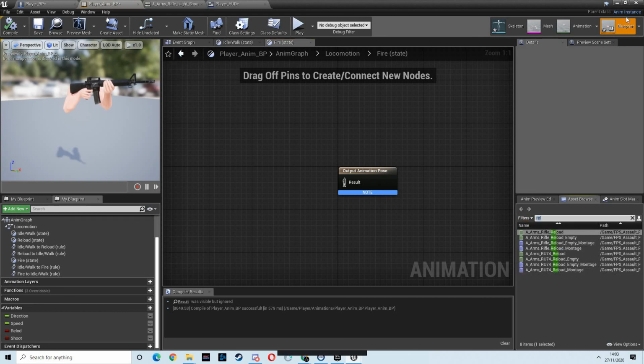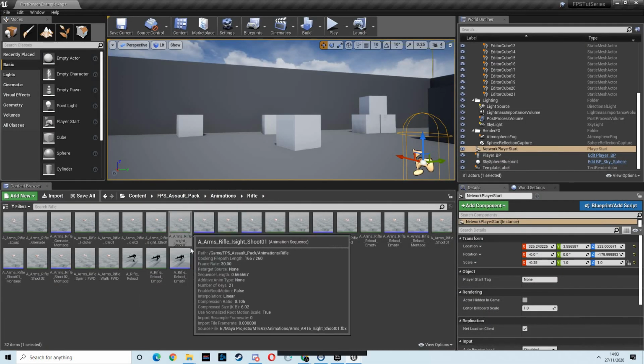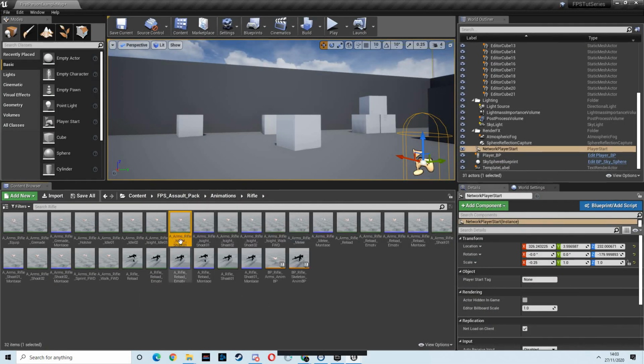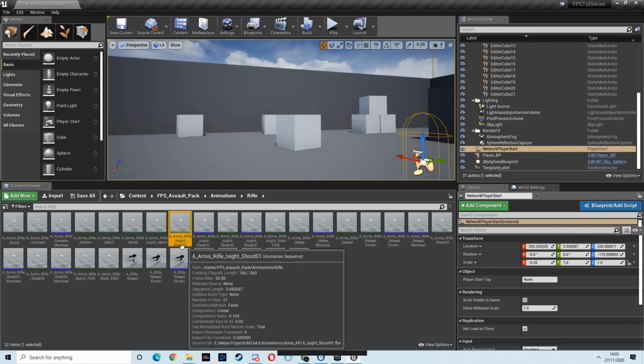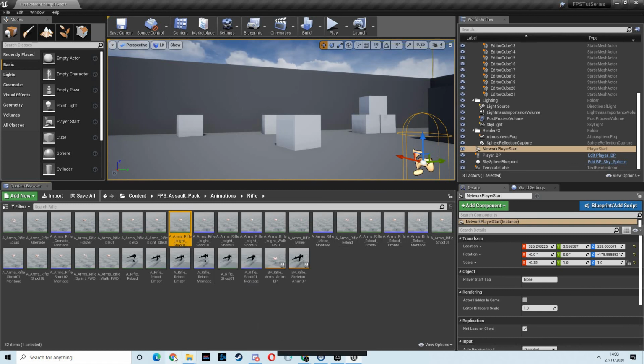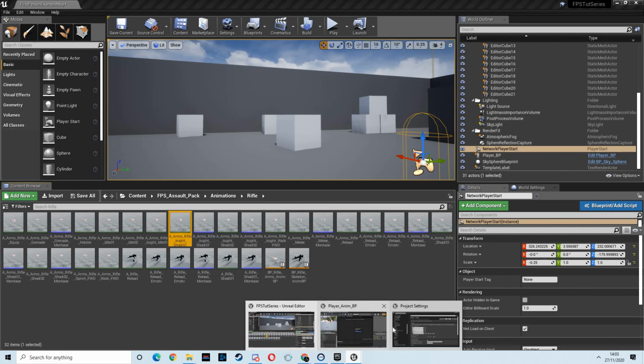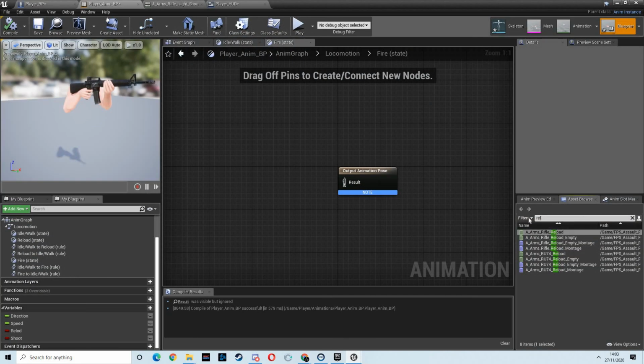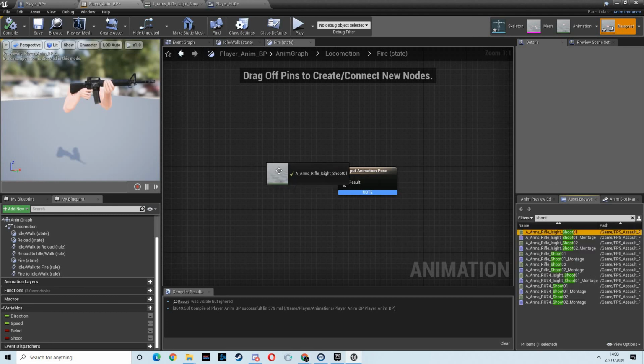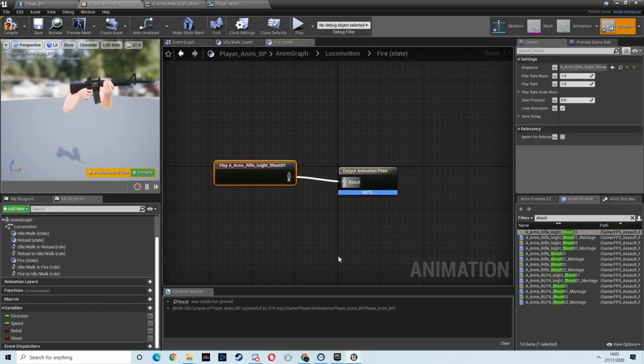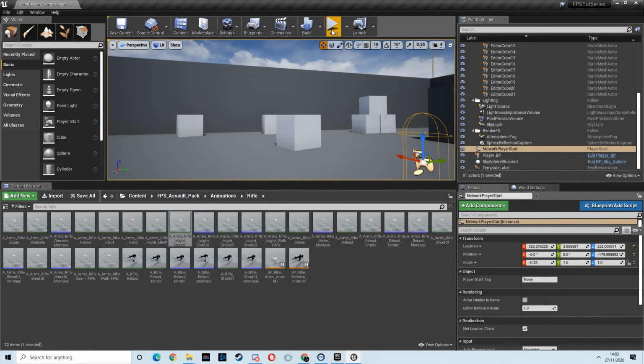So do we remember what it was called? I think it was called eyesight shoot 1. So I'll go back to here and just type in shoot, this one, eyesight shoot 1, and then hit compile. And now when we play,